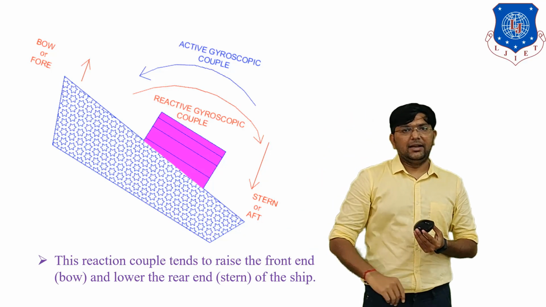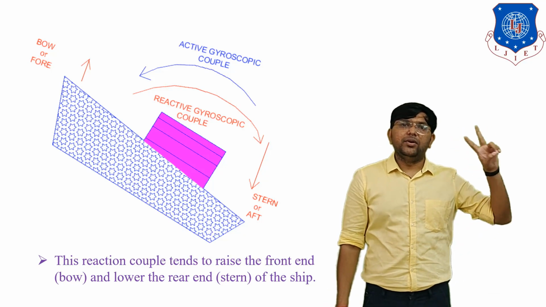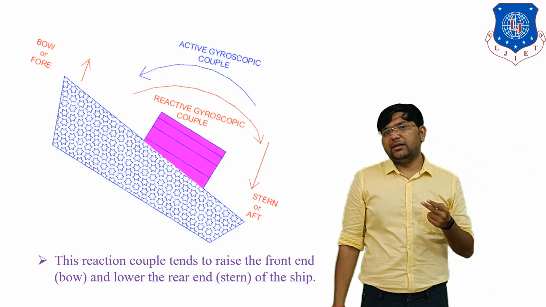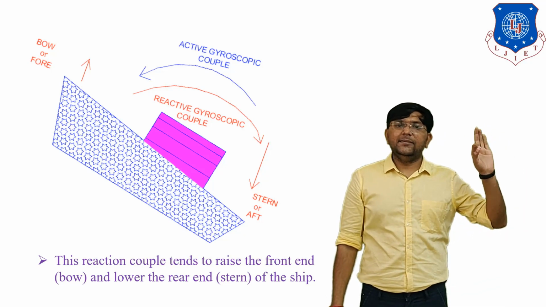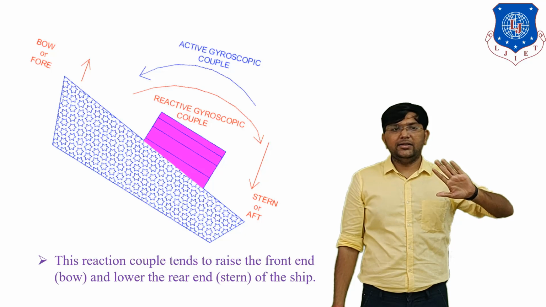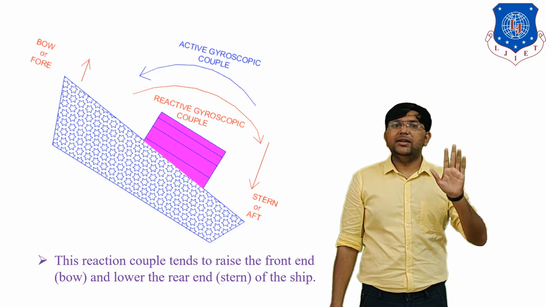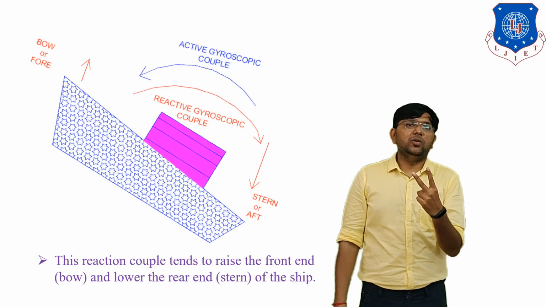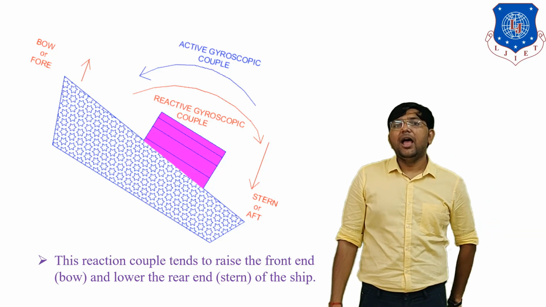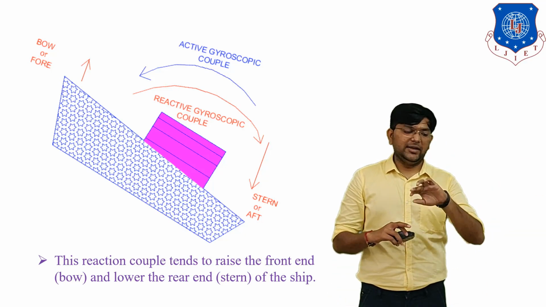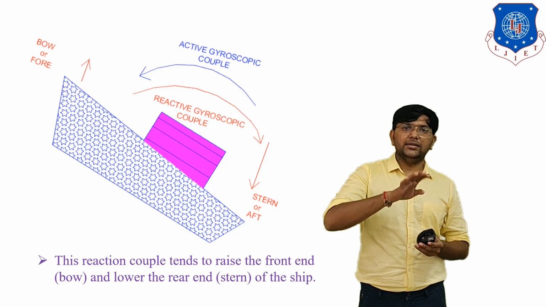the downward direction. Clear? So in this session, we discussed a total of 4 cases. The first 2 cases are for the clockwise direction, and the second 2 cases are for the anti-clockwise direction. In the first 2 cases, the rotor rotates in the clockwise direction and the ship takes a left turn. In the second case, the rotor rotates in the clockwise direction and the ship takes a right turn. In the same way, in the other 2 cases, the rotor rotates in the anti-clockwise direction and the ship takes a right turn, and the rotor rotates in the clockwise direction and the ship takes a left turn. Clear? So we have a total of 4 cases.